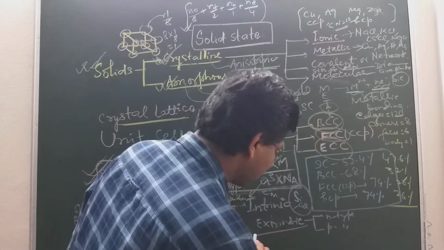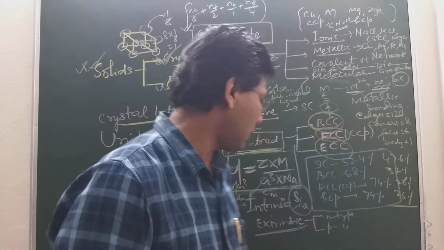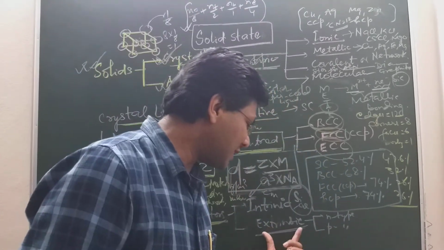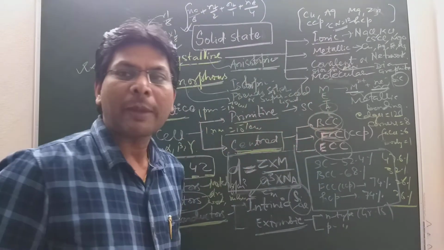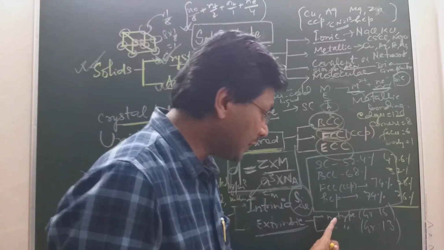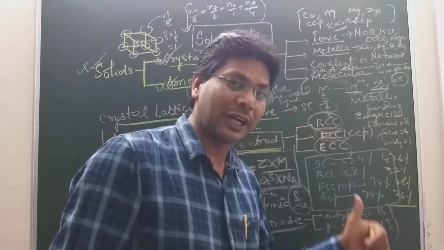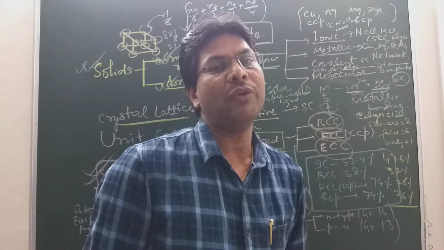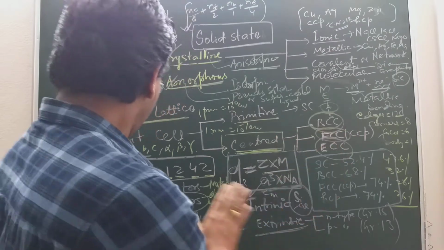So this is about the extrinsic semiconductor. Extrinsic semiconductors are also called doped semiconductors or impure semiconductors, whereas intrinsic semiconductors, which have very low conductivity, are called pure semiconductors. If we mix group 15, it is called N type, because here the majority charge carriers are electrons. If we mix group 13, an electron-deficient impurity, then the extrinsic semiconductor is P type, where the majority charge carriers are holes. So this was all about the solid state concept.